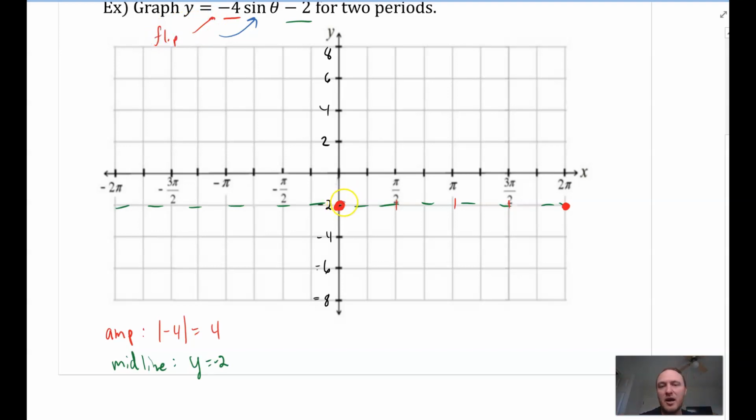So instead of going up to a maximum, I'm going to go down. Okay, so my next point is going to be a minimum, and my amplitude's 4, so I have to go down 4. So 2, 4, 6, okay, and it's right here. So there's my minimum. Okay, then back to the midline. Then I have to go up to my maximum, so 4 up,